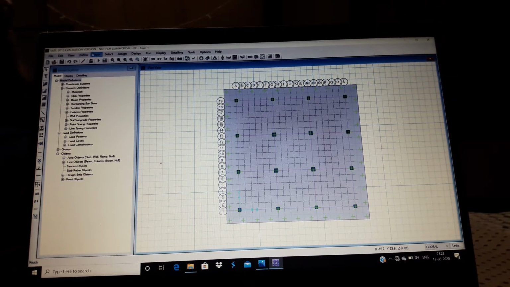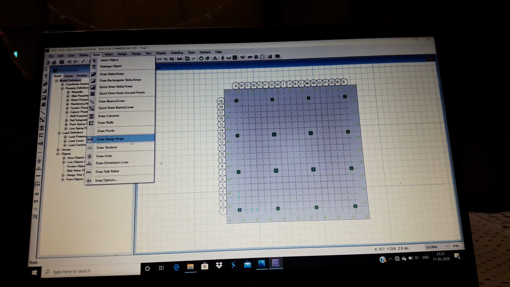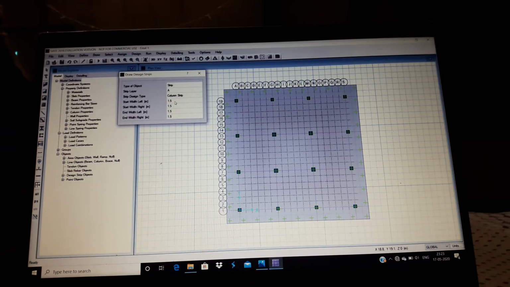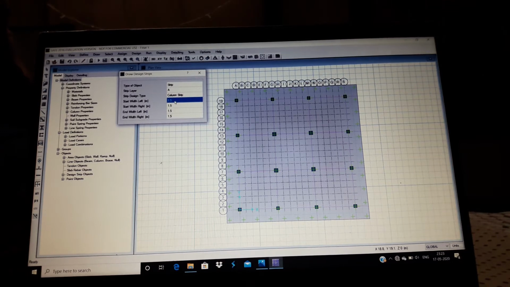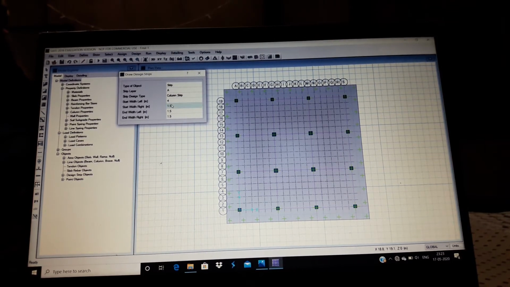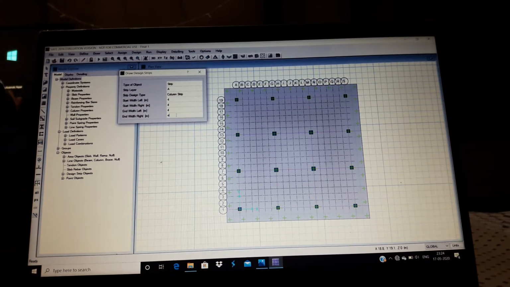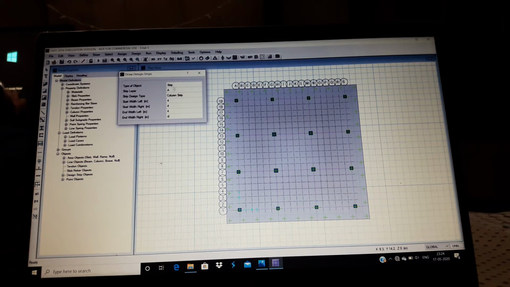Now draw design strips. You can design strips like this, as we have calculated earlier the width as 4. First assign these values and then mark here and then here.